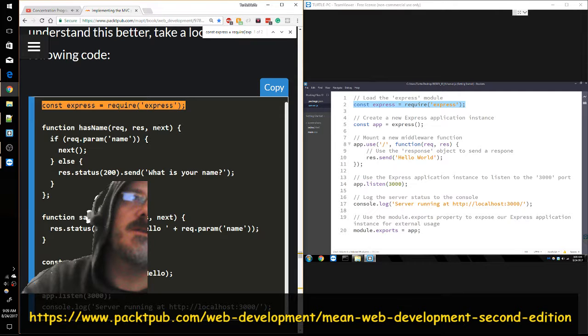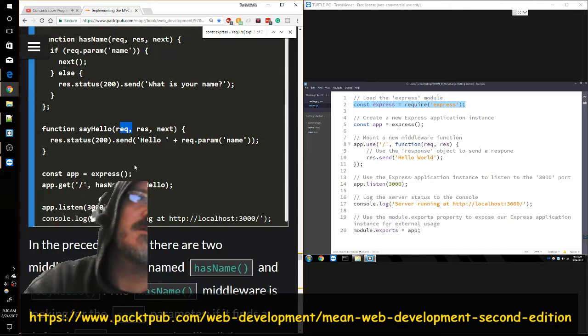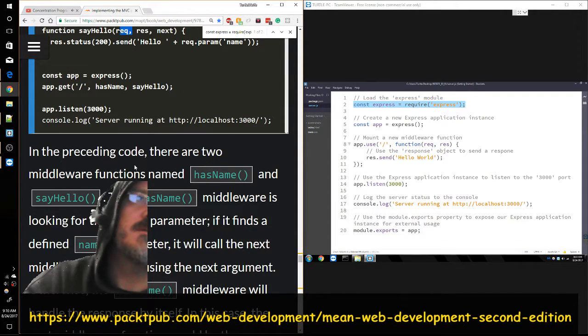So if you chain this one to this one, then I guess it automatically gets to feed this to this. In the preceding code, there are two middleware functions named hasName and sayHello. The hasName middleware is looking for the name parameter. If it finds a defined name parameter,